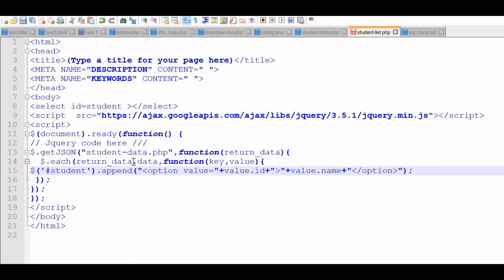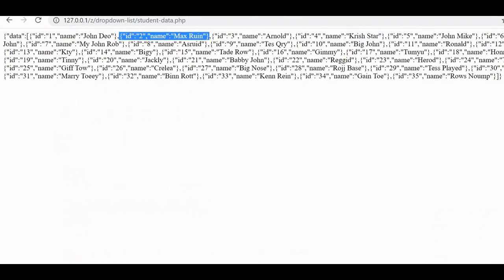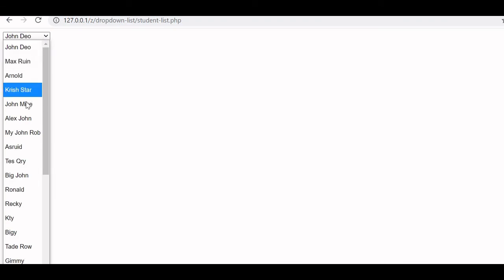Let us see, this should work for us. Let us save it and try if this works. Let's go here. Now we will change this to student list.php. Fine, we got the drop down, all names are here. So these are the names which are collected from the JSON string. The JSON string is the output of our PHP script and displayed in our jQuery managed drop down list.